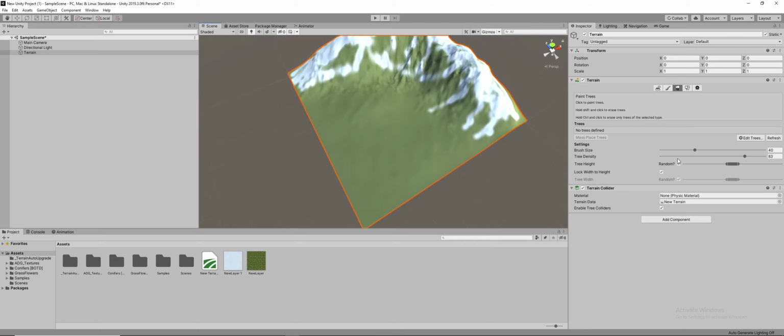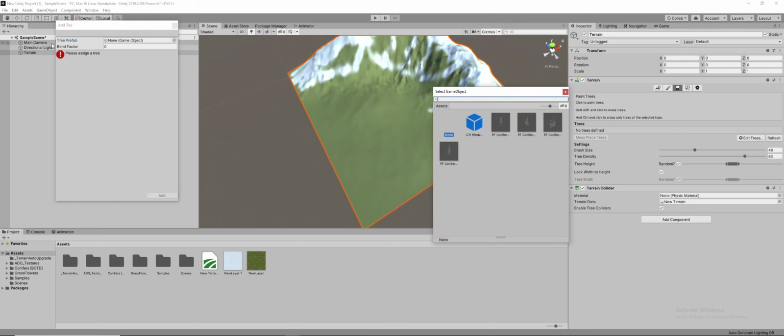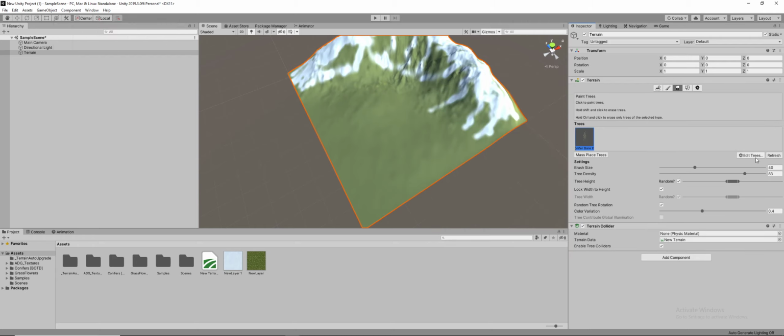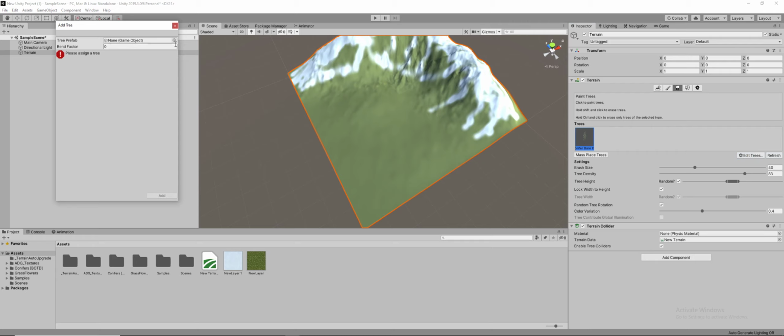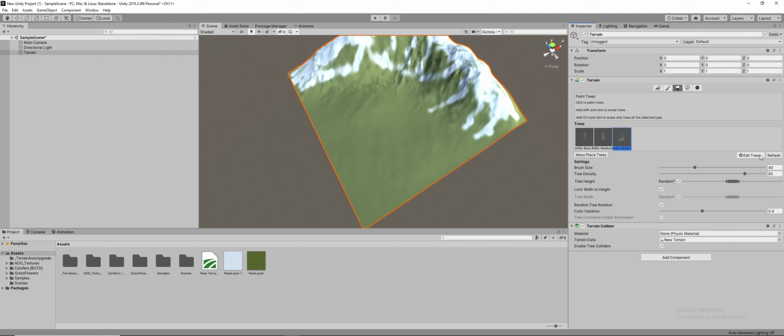Trees are the best to add. Really simple. Click add tree. Click on tree props. Click this little circle dot here and click which tree you want to add. If you select all of them, click add, say edit tree, add tree, and do this for all of them. Select, make sure you click add. I've done that before where I didn't click add. I'm like, where's my tree at? It's supposed to be there. And it finally shows up at the end